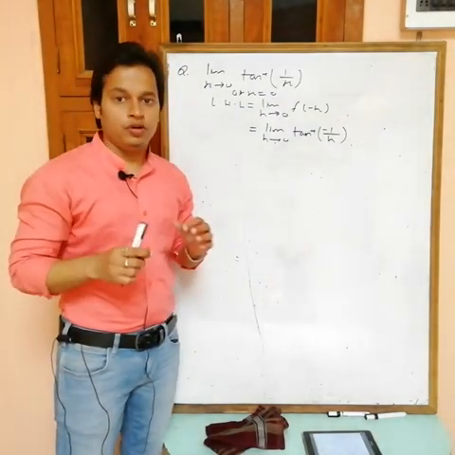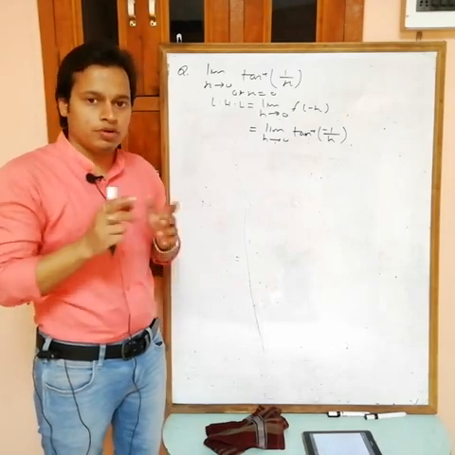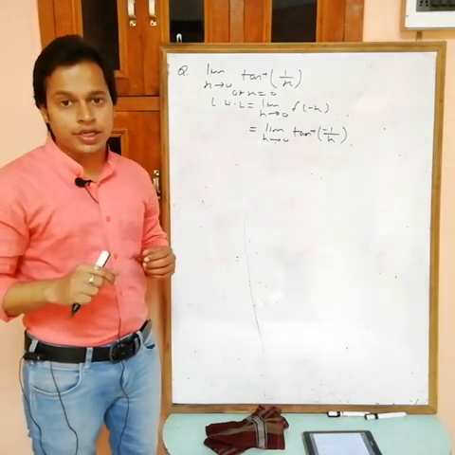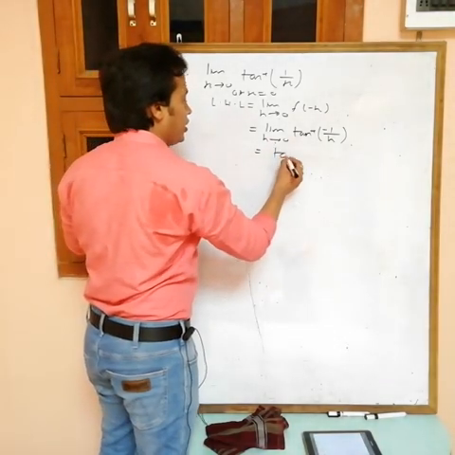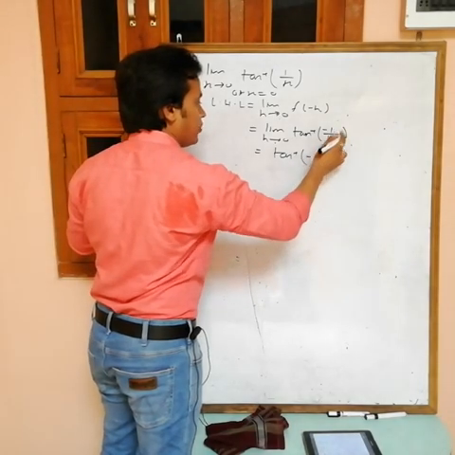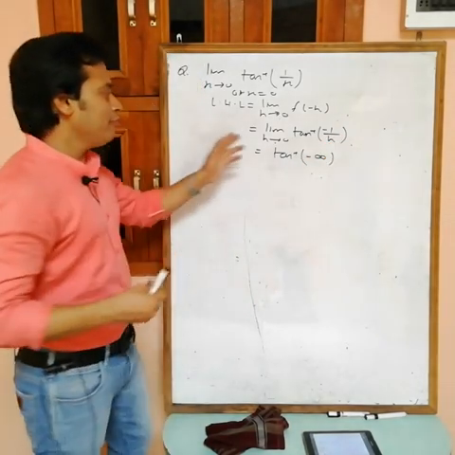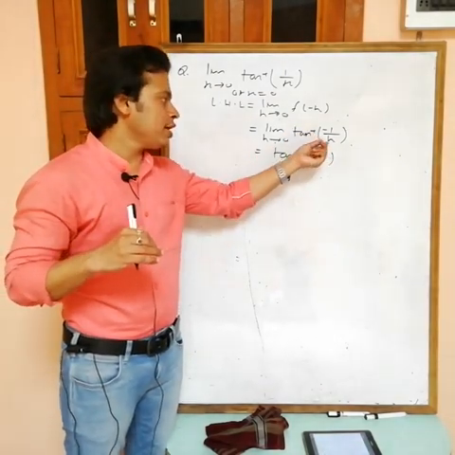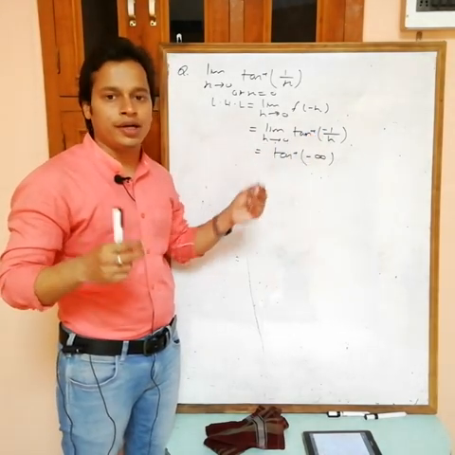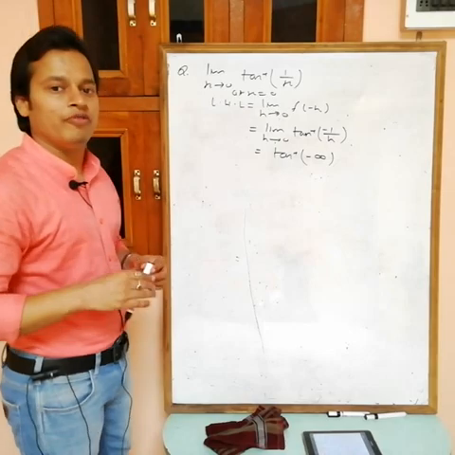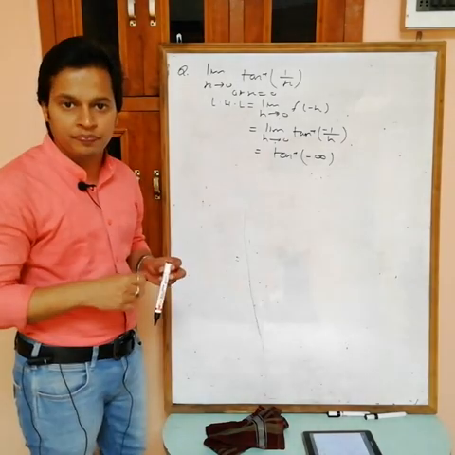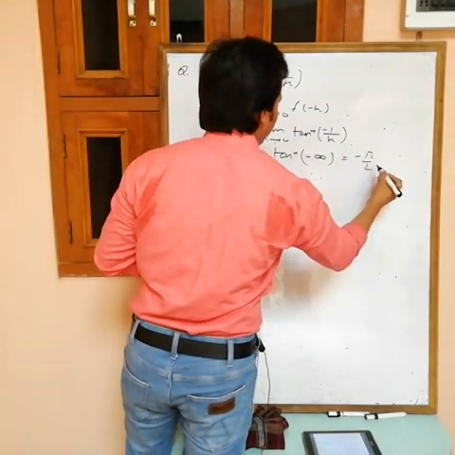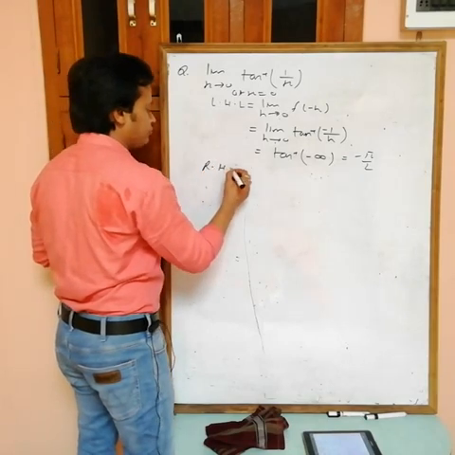Now can you simplify this one more? No, this is the simplified form. How can you simplify? There is no greatest integer or fractional part now, so I can find the value of this one. Now put at the end h equals 0. If you put h equals 0, what are we getting? Tan inverse of -1 by 0 is tan inverse minus infinity. Now we are putting the value h equals 0. Now there is no h, so there is no need to write limit. If there is an h, then we write limit. If there is no h, then we can't write limit. So tan inverse minus infinity, the value of tan inverse minus infinity is minus pi by 2, because tan of minus pi by 2 equals minus infinity. So what we are getting? Minus pi by 2.